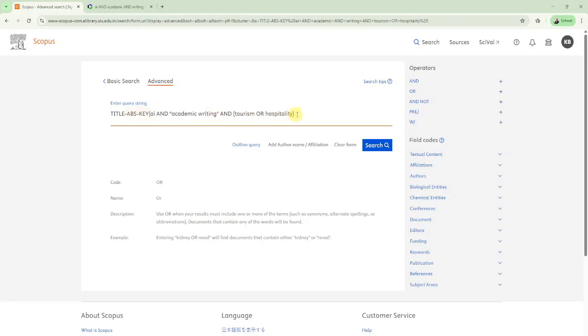So let us see what Scopus gives us. After this, we need to put in another round bracket which helps to close this entire string. Now I click on search,